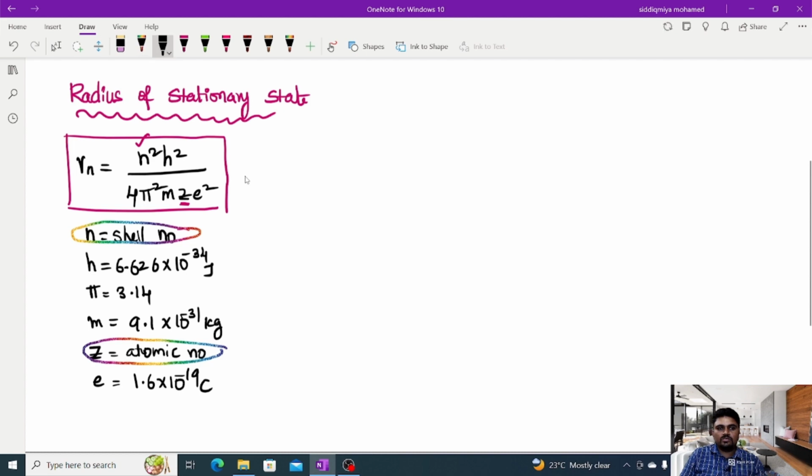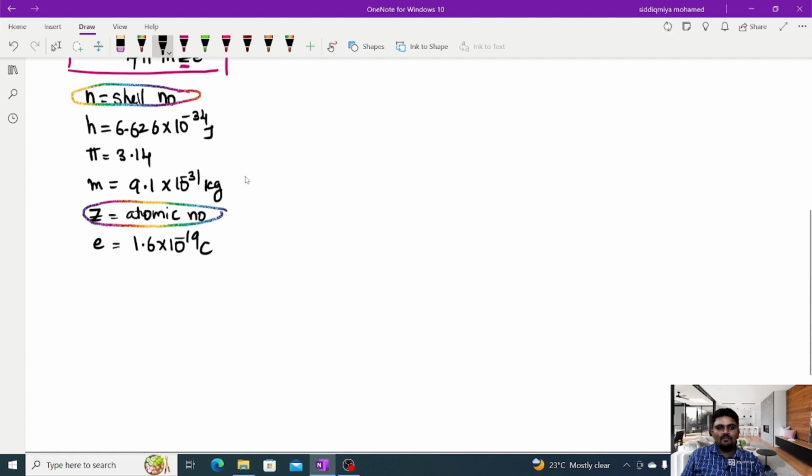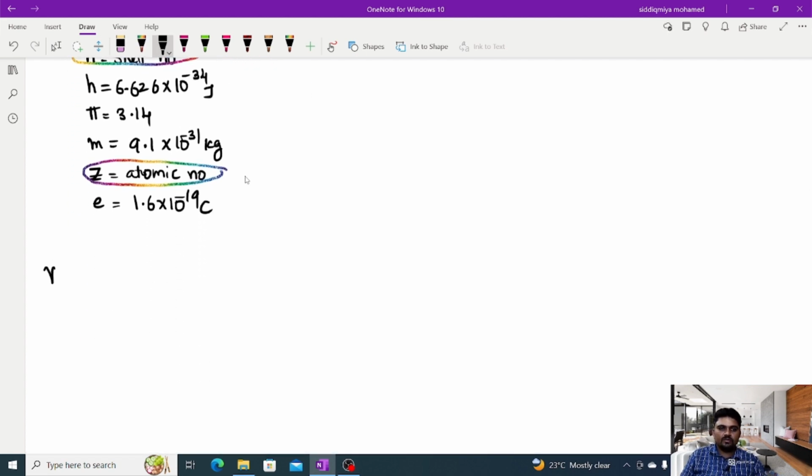If you substitute all these, then you will get the formula Rn is equal to 52.9 into n square by Z picometer. Here n means shell number, and Z means atomic number. So from this you can understand that